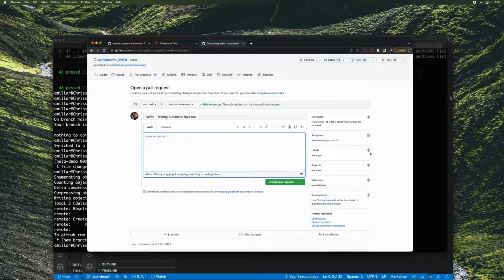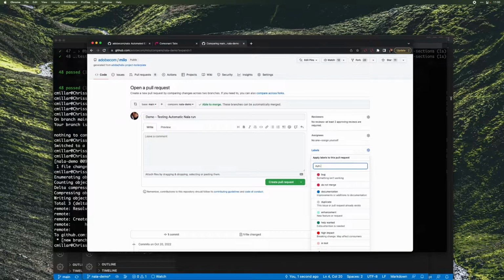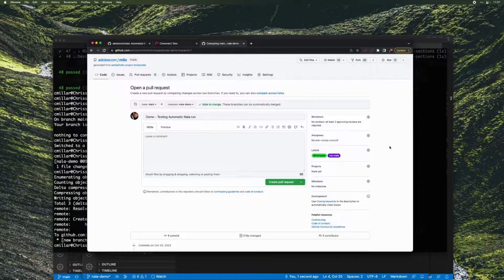And what you can do when you want Nala to run, you can add these labels. So you can say run Nala, and that will run the entire suite. If you want to run on, again, a tag or a particular feature or a particular environment, you can also do that. So here we're just going to say, you know what, we want you to run the marquee tests. Again, very contrived. We obviously didn't change anything about the marquee, but if a particular PR came in that would potentially be affecting marquee, we can specifically call out the marquee test. So we'll create the pull request,